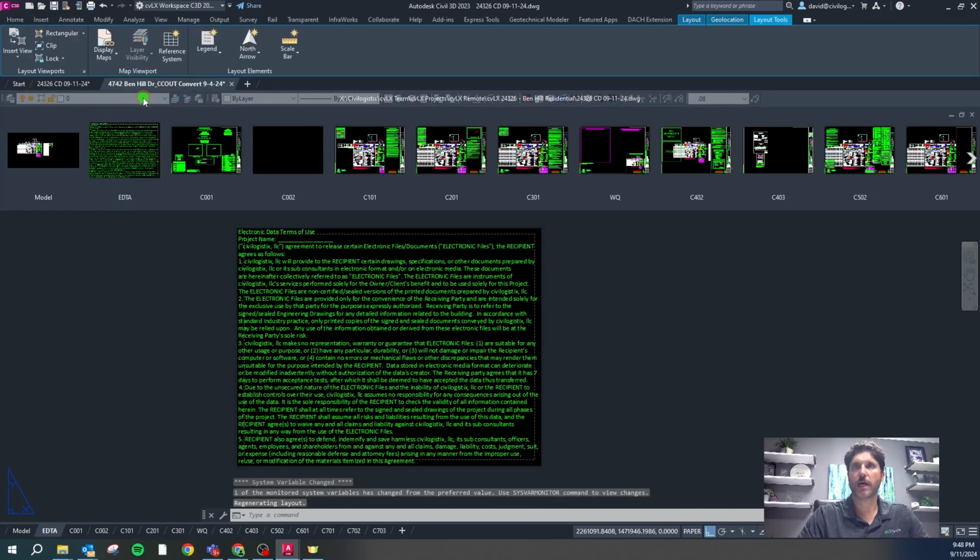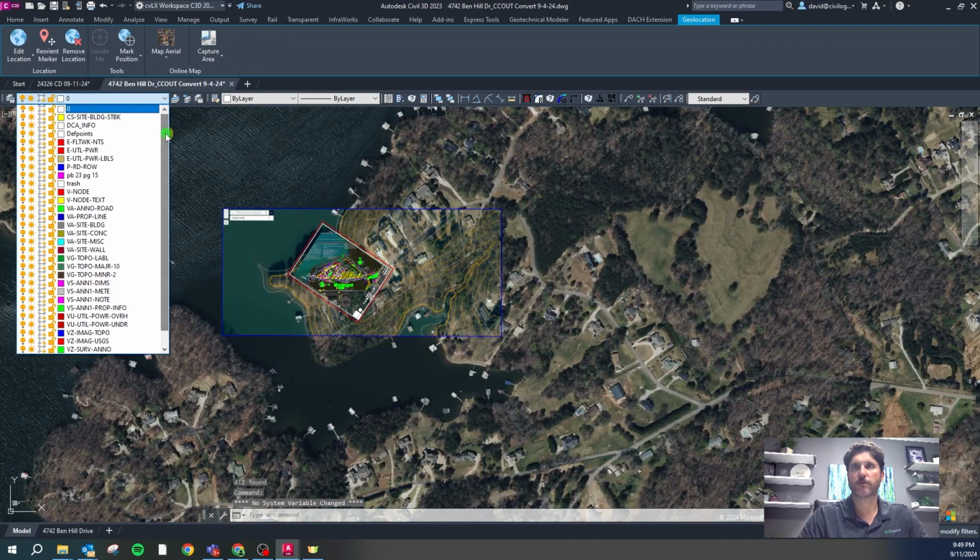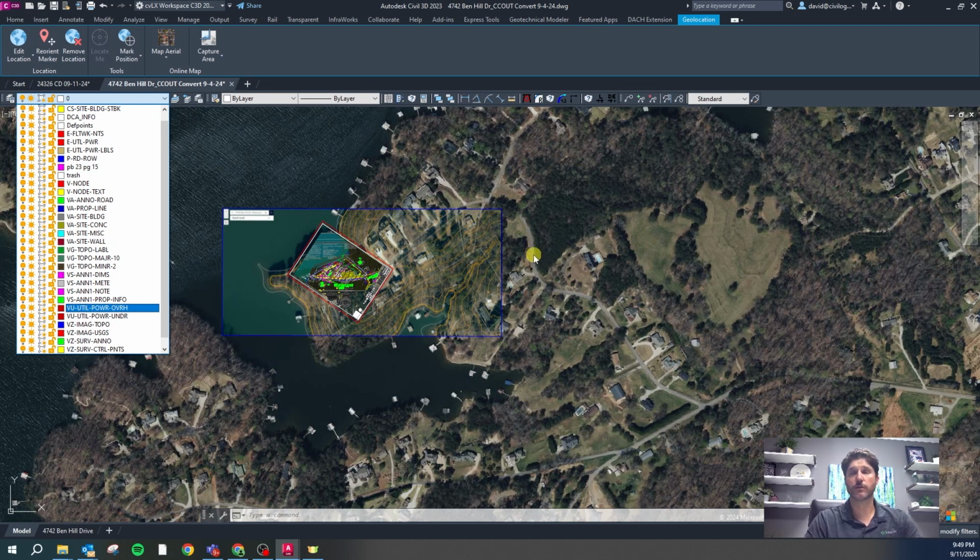The reason we want to do that is because typically when we get files from surveyors and other people, there's all of these different layers that aren't our layers in there. And they may be styles in their drawing or something like that. If we drag and drop this drawing into our drawing, it's going to load all of their styles and their layers into our drawing, which isn't good. We want to keep our drawing clean. So if we put all the objects on our layers and then we grab our objects, we're really only going to be grabbing our layers and pasting them into the drawing, and then our drawing doesn't get polluted with all of their layers. But I don't think we have a choice on this one